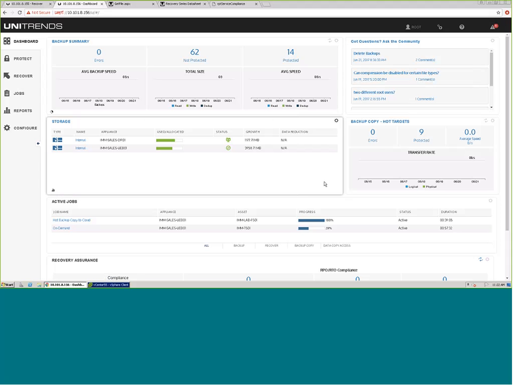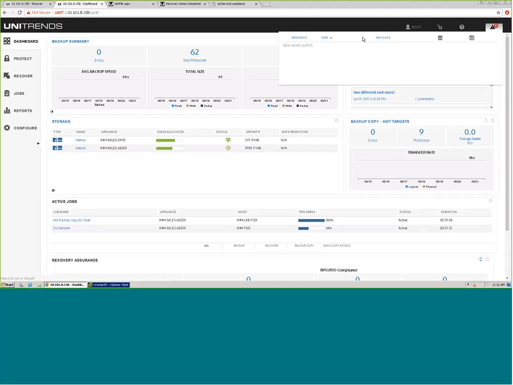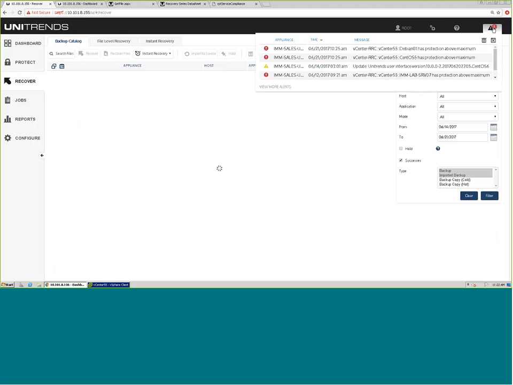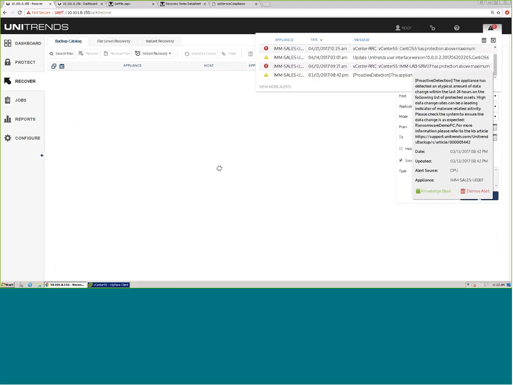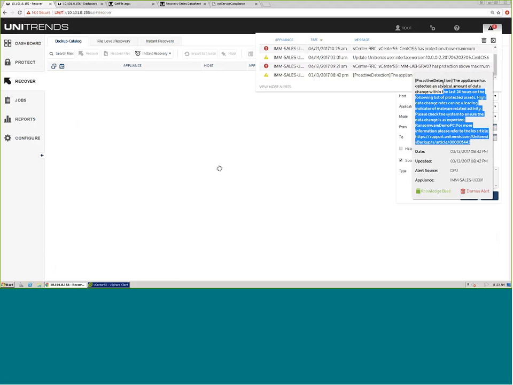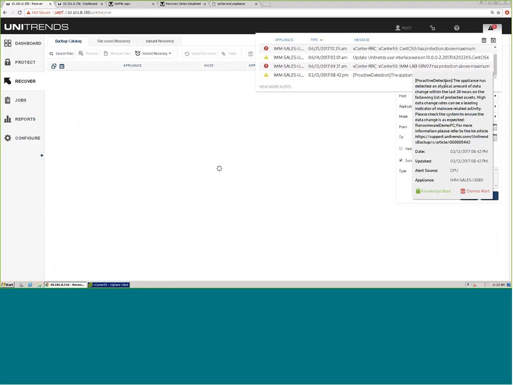So hopefully this showed you how not only am I going to be able to recover from ransomware, not only be able to test to ensure I can recover, but on top of that, Unitrends also provides proactive monitoring of your environment, and it'll actually tell you if it detects an abnormal change rate that's outside of our threshold. We use machine learning to detect, and we can actually proactively detect if we believe you've been infected. So this text here tells us we've seen a large change rate in the last 24 hours that is outside even remotely normal production, and that this could be an indication of malware-related activity. So this is a report, an alert that's emailed out to you